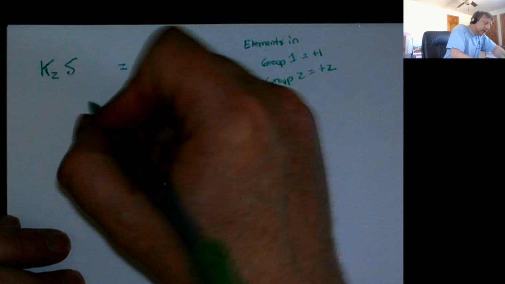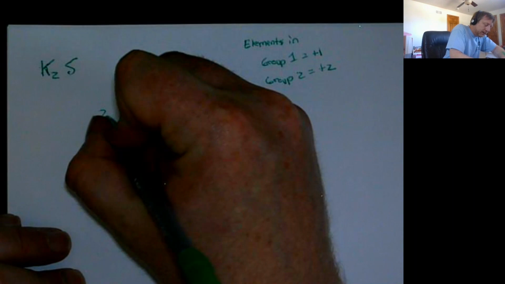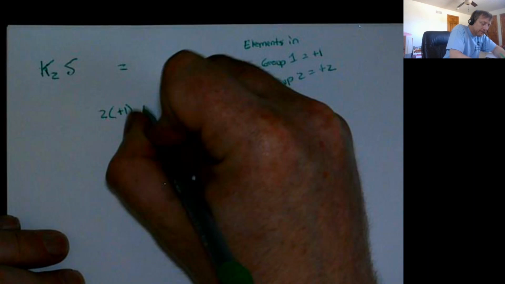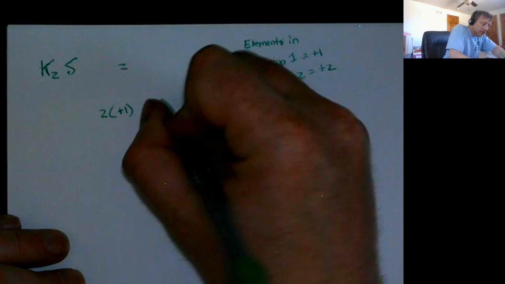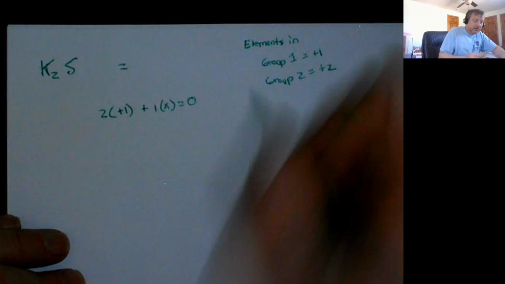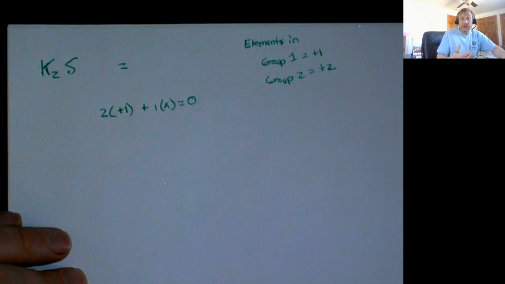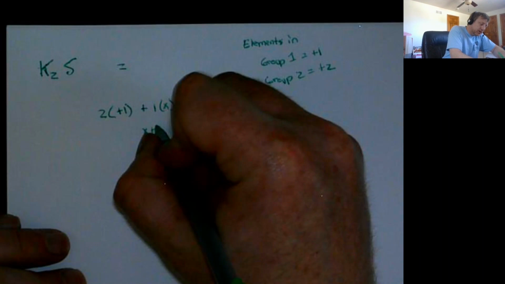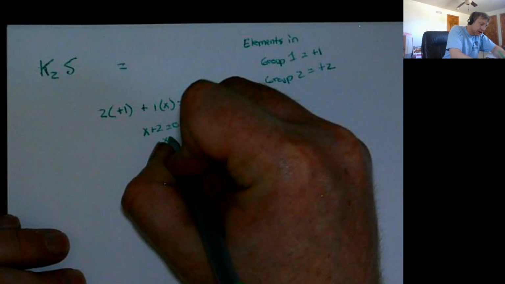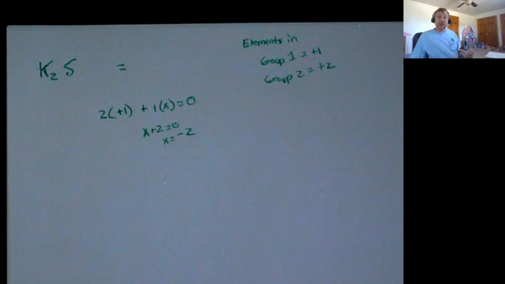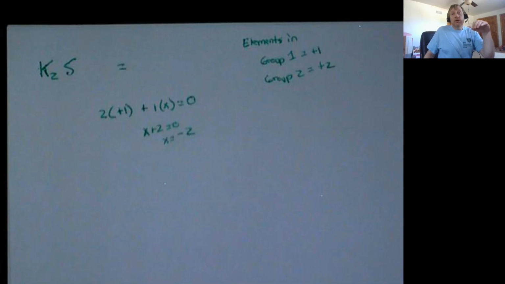So I'm going to go ahead and I'm going to say, well, I have 2 potassium atoms. I know now that they have that +1 charge. I have 1 sulfur atom with an unknown charge, and those things must add up to be the charge on the compound, which is 0. In this case, again, I end up with x plus 2 equals 0, and so the charge on the sulfur should be -2. And now there's another way that I could solve this problem